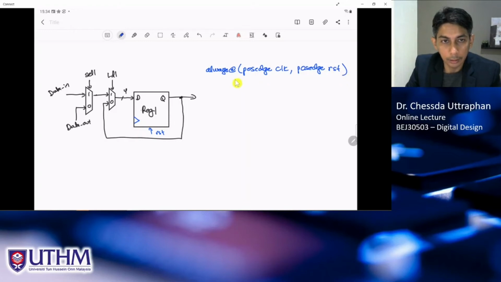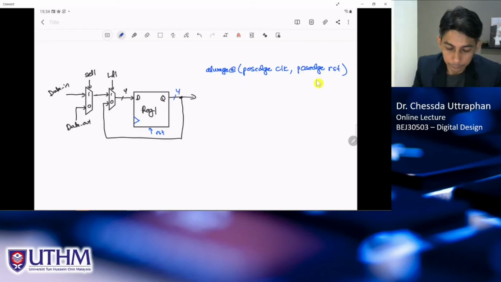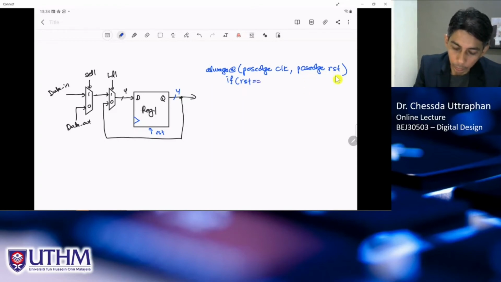This is how we write to describe the flip-flops, and this is of course 4-bit. So the first thing is to test whether we have reset signal or not, right? Because this is positive, so we can have if reset equal to 1 or not, right? Or in short, we can write if reset, means that if reset equal to 1, so what we have is